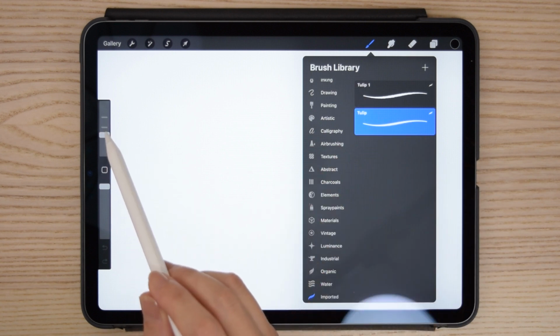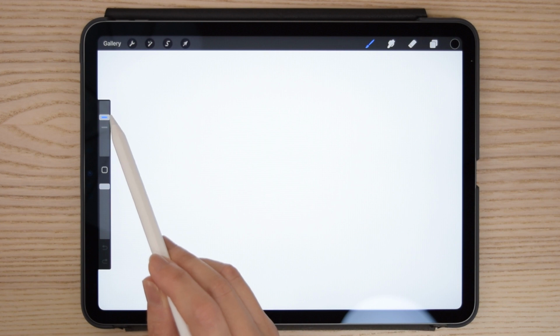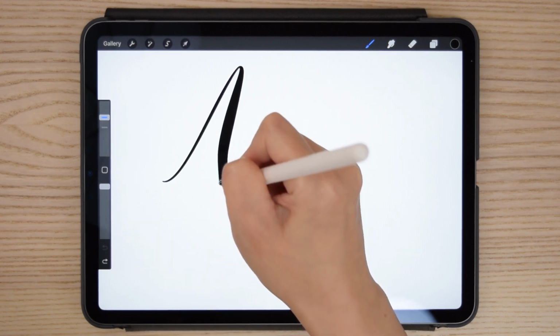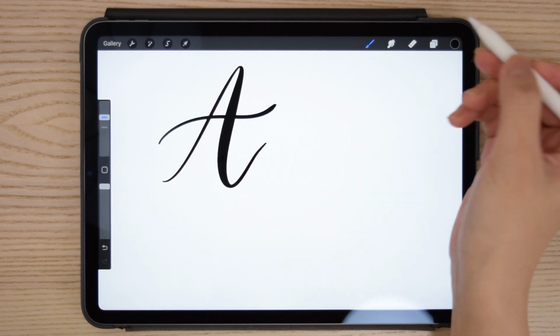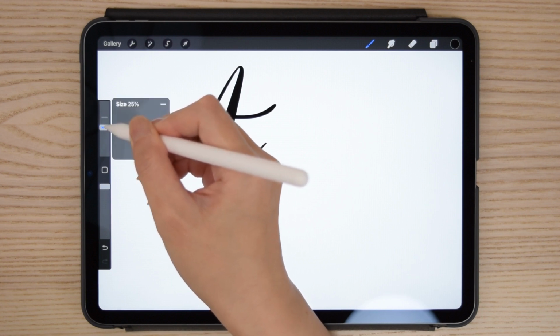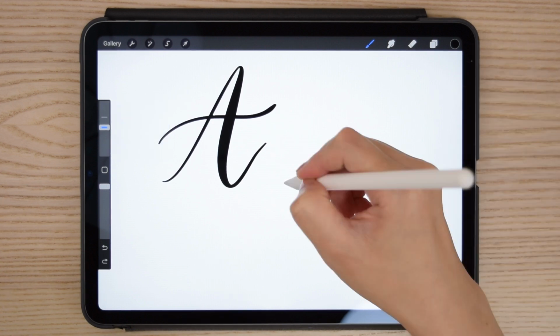Also, with this Tulip brush, I already have two saved sizes here. The first one is sized at 50%, which is for bigger brush strokes. You can write chubbier and thicker letters with it. When you move the brush size to the second one here, sized at 25%, you will get a much skinnier letter.